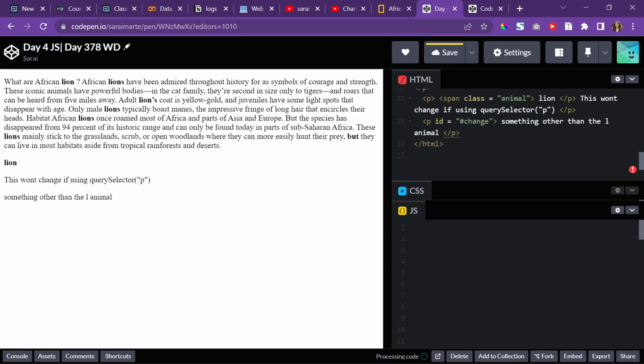All right, the way I can do this is if I just create a variable, call it, I don't know, change, set it equal to document dot, right? I'm accessing the document and I want to get the ID. So the way I do this is getElementById, and then put in that ID, so it's change. Here's the thing about this one. This one is super easy because it returns a single element, just like querySelector, and so I don't have to